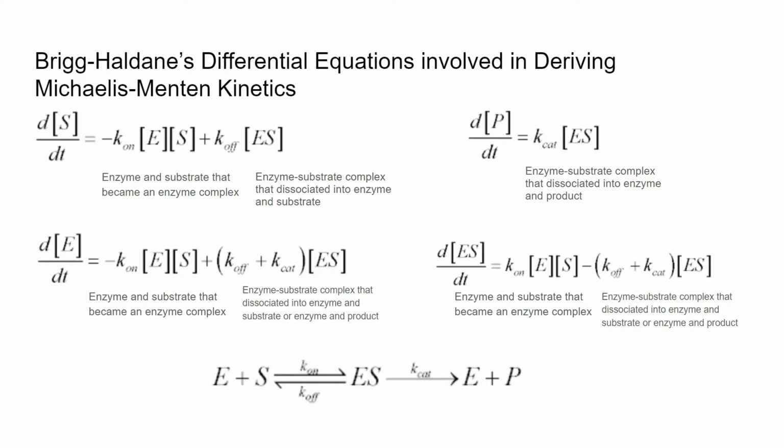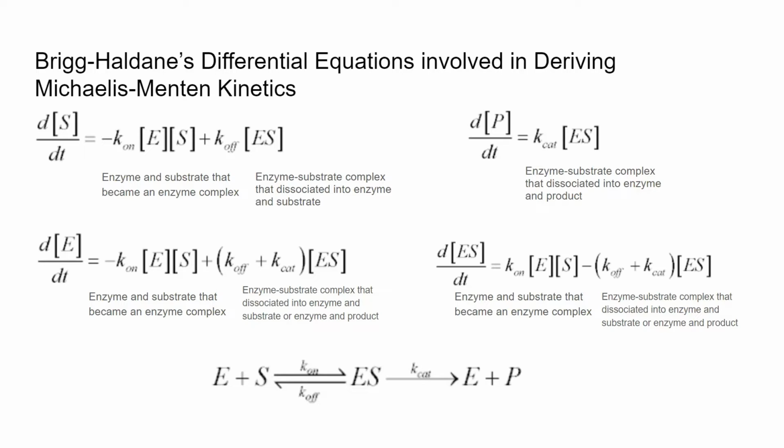In this case, we only care about what decreases the amount of free enzymes. Although the dissociation of any type produces free enzymes, which is why we are multiplying the concentration of enzyme substrate complexes times the constants when it breaks up into substrate and enzyme or when it breaks up into product and enzyme. The bottom right equation represents the rate of change of the concentration of enzyme substrate complexes, which is why